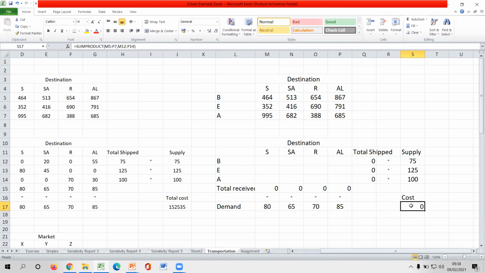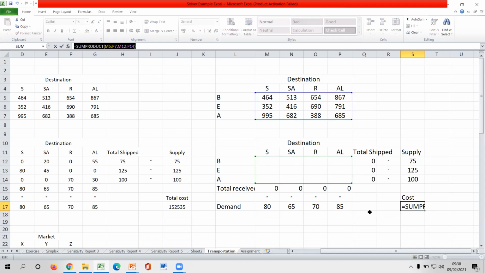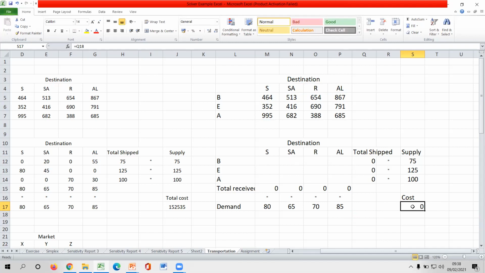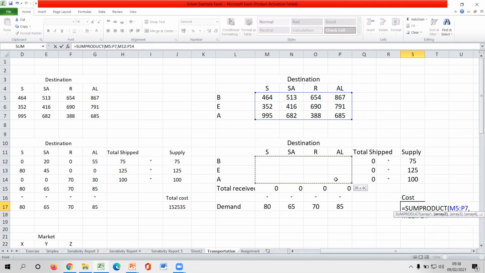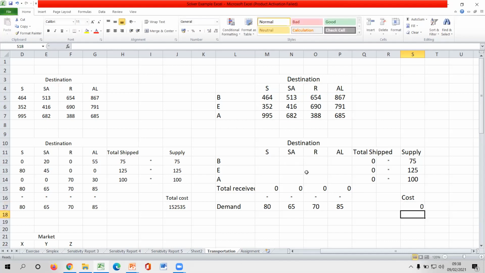So just put the SUMPRODUCT. Now you can see in here also the command appears. Okay, so I have to do it again. Right here, I'm doing it again. Equal SUMPRODUCT. So you have to select the per route cost, put a comma, and then select the number of routes we are going to calculate. That's the thing we need to calculate. Then press enter. Right, still it's getting 0. If you put in here, let's say 2, you will get the answer.